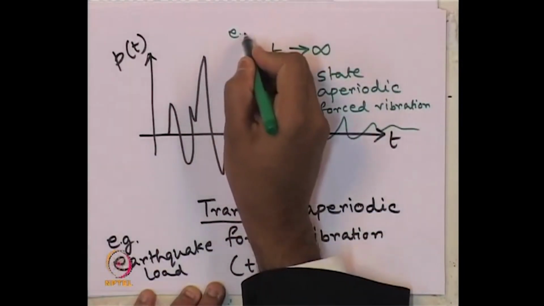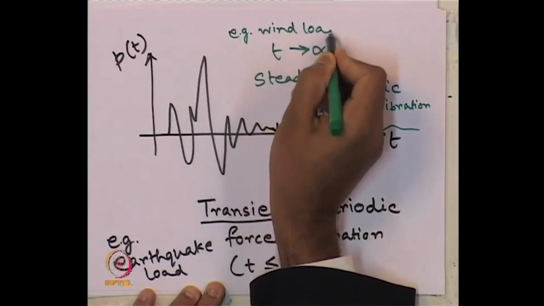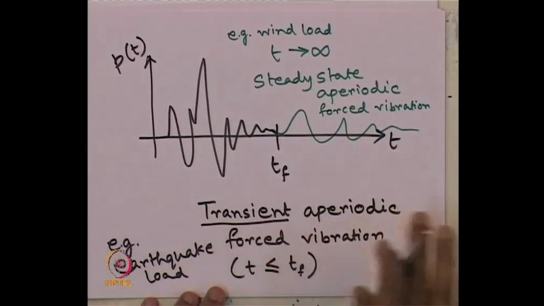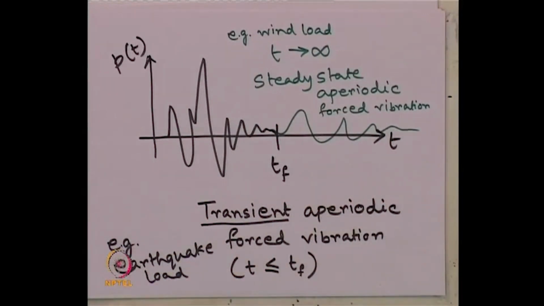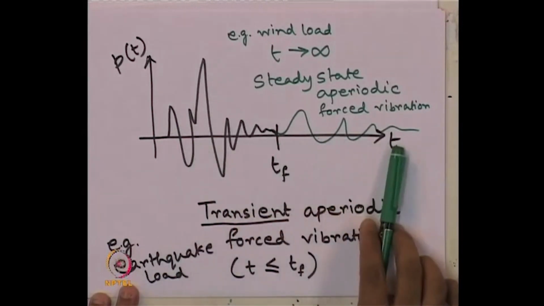The example for that can be wind load, because generally we consider wind load keeps on acting on the system, that is, the dynamic load, where the load varies with respect to time